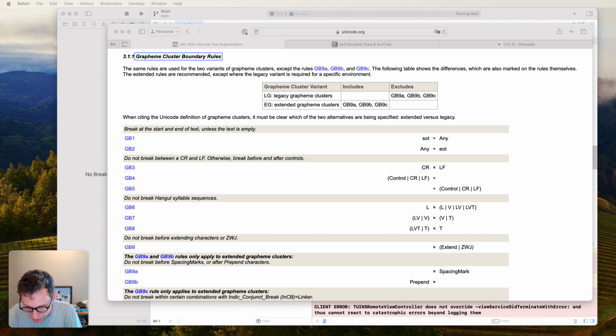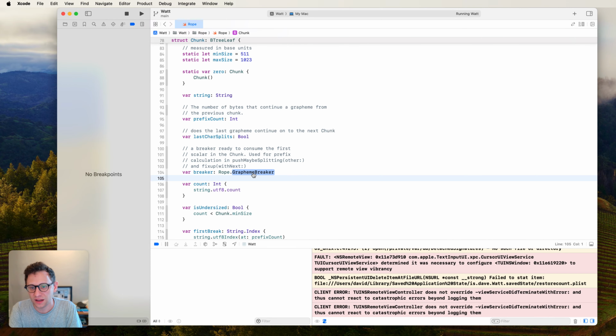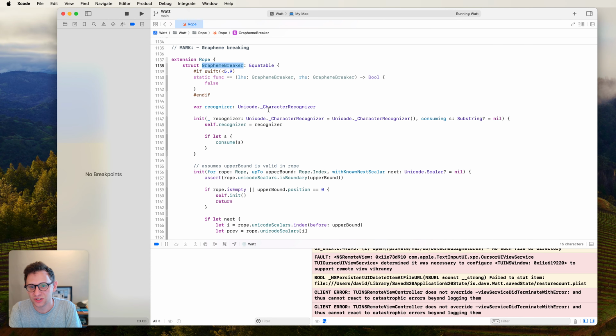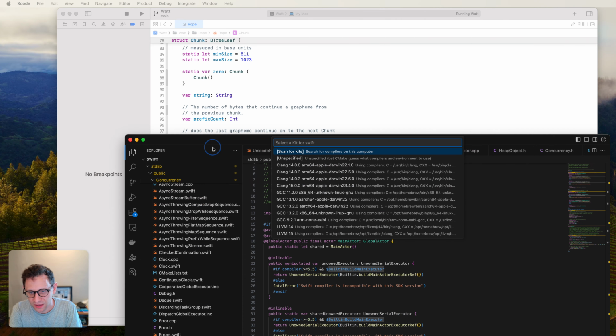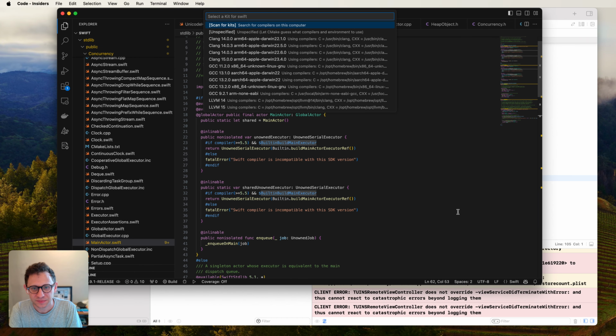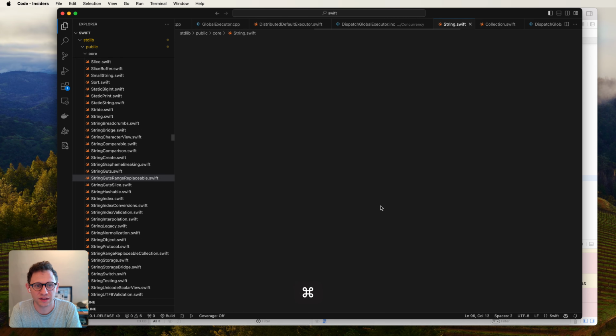Where are you? Come on. Yeah, the Swift source code, because we can see the actual grapheme breaking stuff. So here, this grapheme breaker just wraps this Unicode character recognizer, which is underscored, which means it's not public, but I'm using it anyway because I was definitely not going to write this code on my own. And then we should be able to, in the Swift source code, find, let's see,